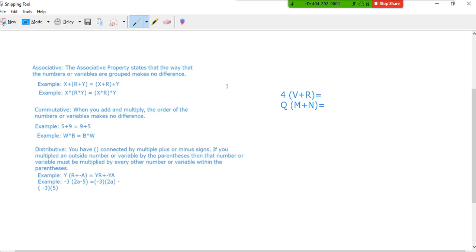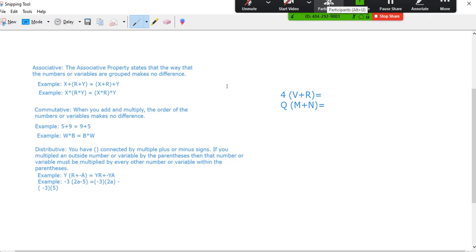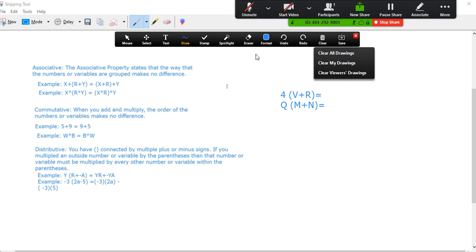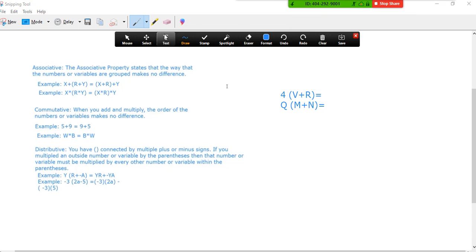Alright, so next we're going to actually apply the distributive property. Here you see we have the equation 4 times the quantity v plus r. We have to multiply 4 times what's within the parentheses. The way that we would do that by applying the distributive property is we would put 4v